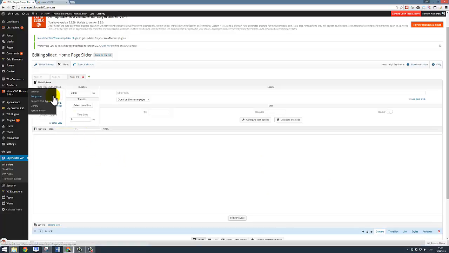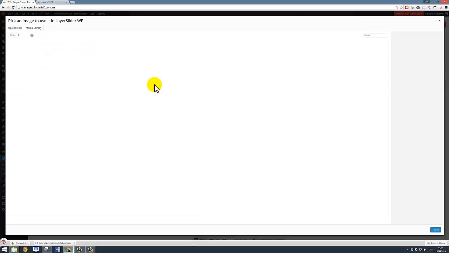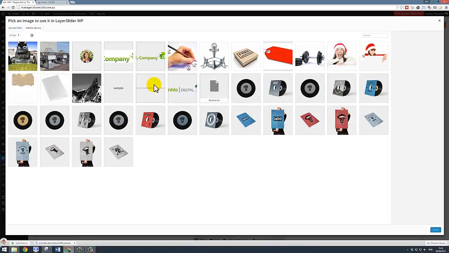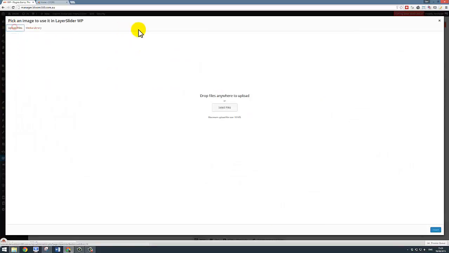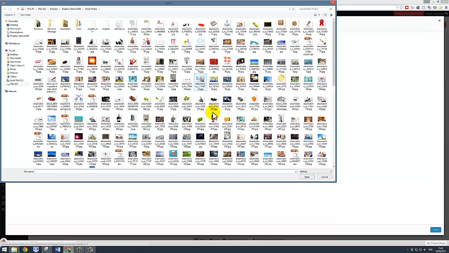Okay, it's got a little prompt there that's saying "click to set," so I'm just going to do what it says, and then I'm going to click on it, and it's going to take us into the WordPress media library, where we're able to select an image, or if we're feeling more adventurous, we can click on the upload files button. It's going to take us into our computer, and we're able to select an image, and we'll select something that's